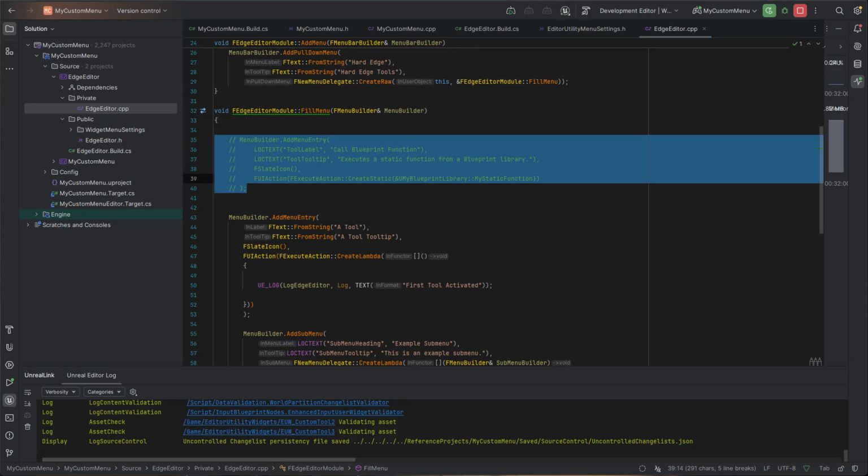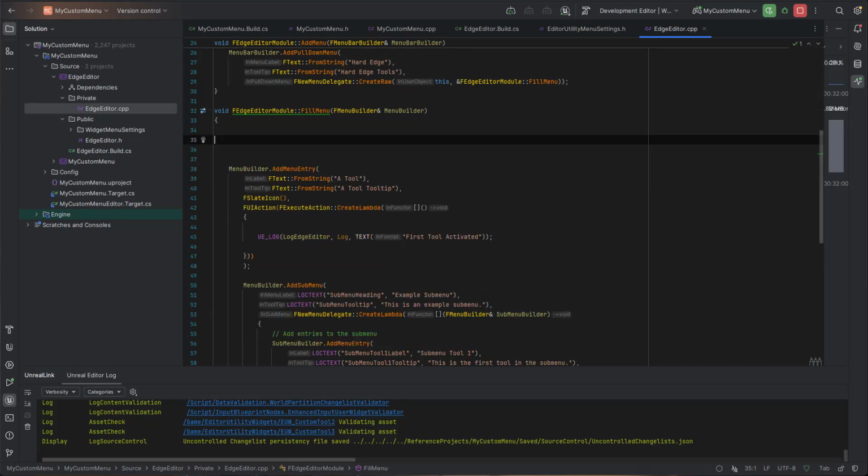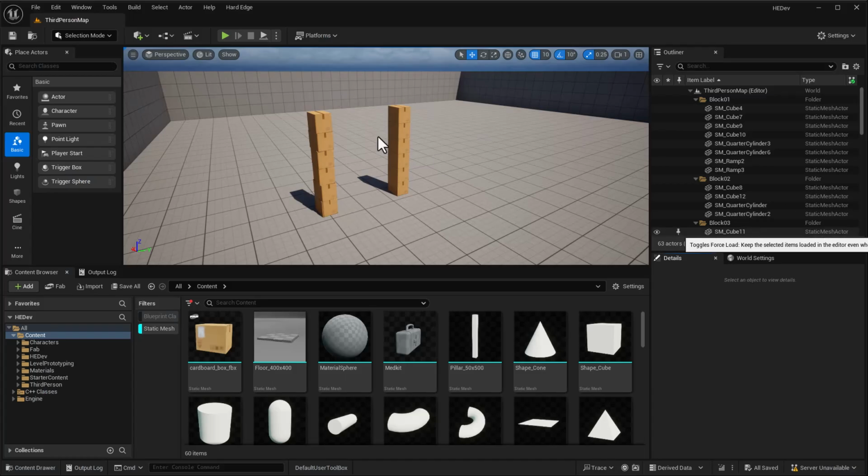So we don't really need this anymore, which means I am going to delete it. One of the things I'd like to show you is I built this little tooltip here that says hard edge, as in if you wanted to separate tools or options based off of, say, environment art, character art, tech anim or animation, level design, whatever it is that you would want to do, maybe profiling or optimization,